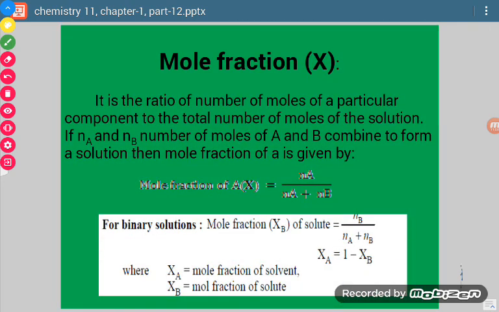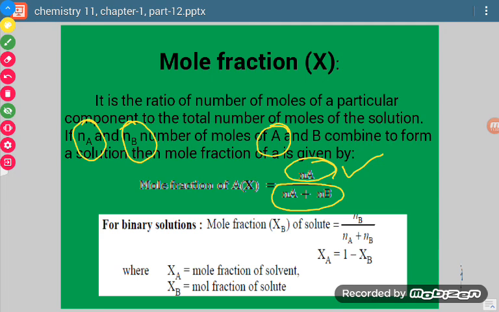What we say, molal. Now let us come to mole fraction. Now see, here sometimes we get confused, we write the mass itself, but we have to write the number of moles. Suppose we have to calculate the mole fraction of A component in a solution, then what we will do? We will divide the number of moles of A component by total number of moles. Total number of moles means as many components as are there. If there are 2 components, then total number of moles will be Na plus Nb. So mole fraction of A is equal to Na over Na plus Nb. Similarly, mole fraction of B will be Nb over Na plus Nb.